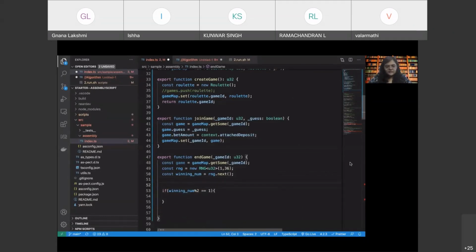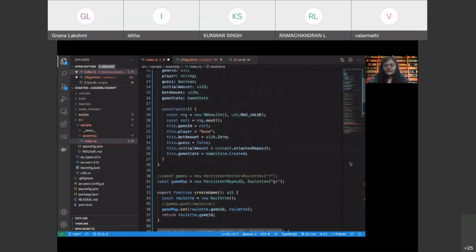So let's have const var is equal to, okay, let's try to check here. So the winning number is odd, right? So if the winning number is odd, then if the user, okay, let's keep the Boolean as 1 for odd and 0 for even, right? So if the user has guessed 1, right, then the user wins in this case, otherwise the system wins, right?